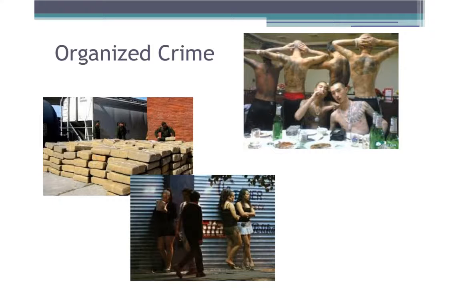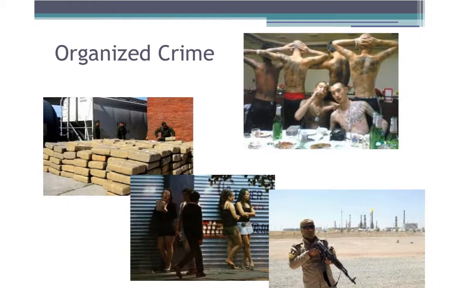For example, some of the terrorist groups use Muslim charities to gather illicit funds or for nefarious ends. ISIS makes about $50 million a month from oil sales from the overtake of oil fields. And so organized crime is pretty significant in its damage, if you will, to overall society and the cost of that. So when we think in terms of crime, how much crime, we need to look at crime